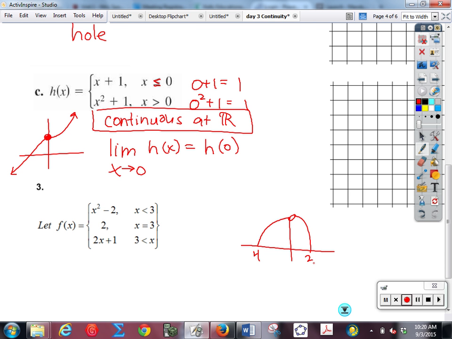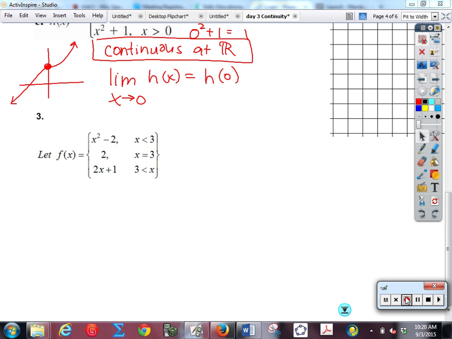As you look at 3, where are you thinking it might not be continuous? Because as you look at it, a parabola is always continuous. y equals 2, a horizontal line is, and this line separately, if it was all real numbers, they would be continuous. So obviously you're just looking at 3. You guys get that? That's the only thing that we might look at. So on this one,